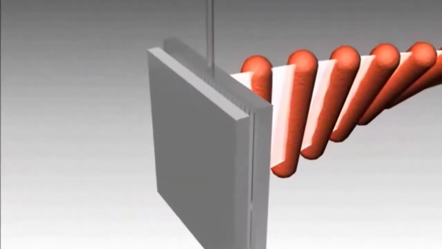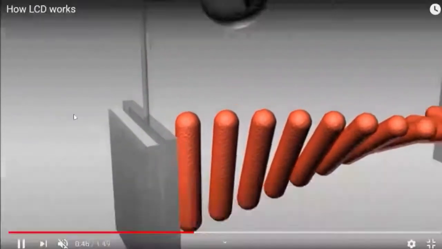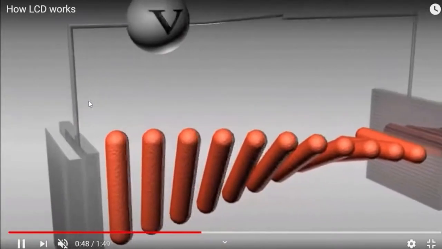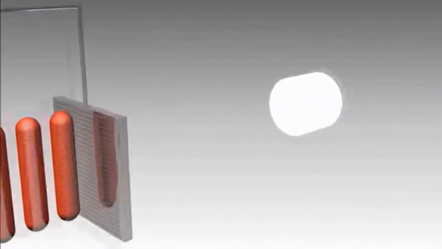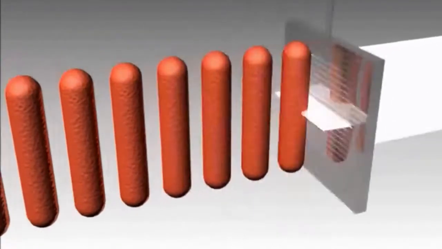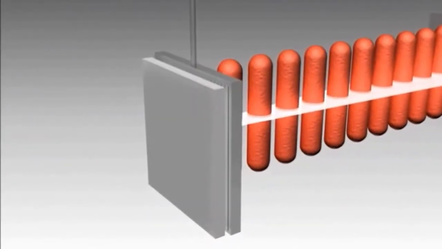The nematic crystals will take the shape of the light. So now your lights will be blocked by these crystals. Okay.